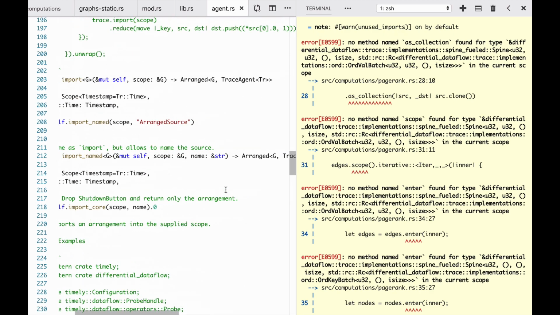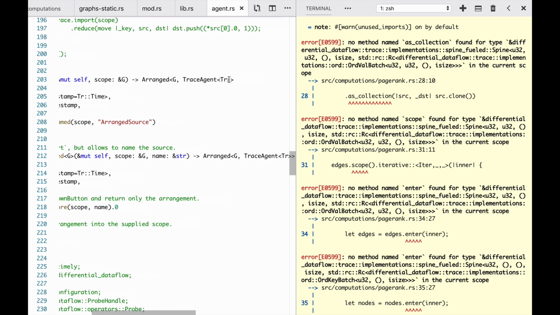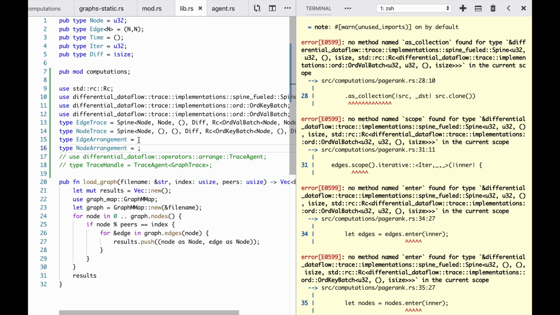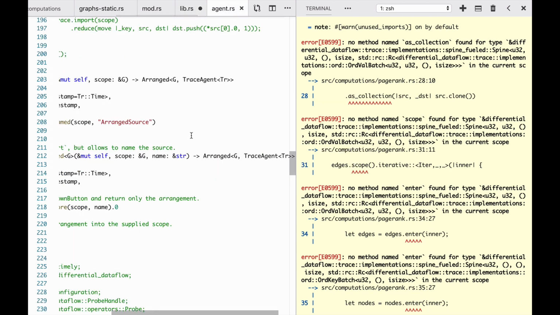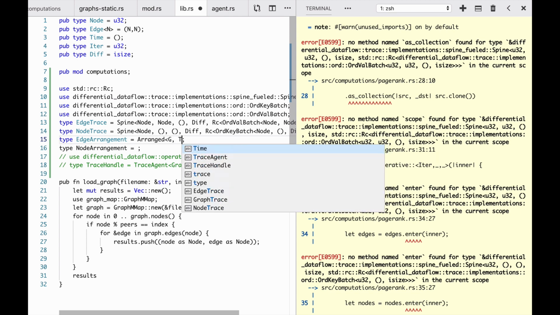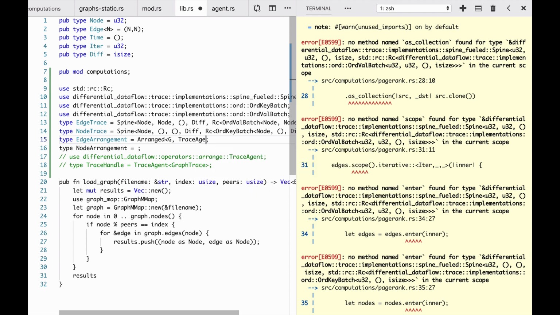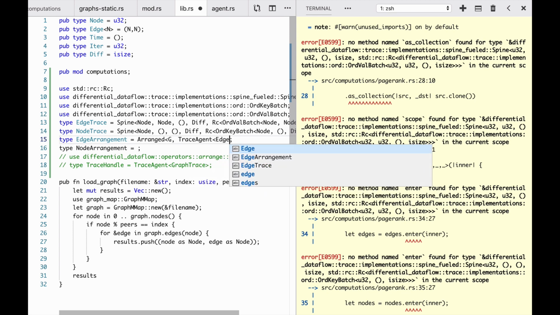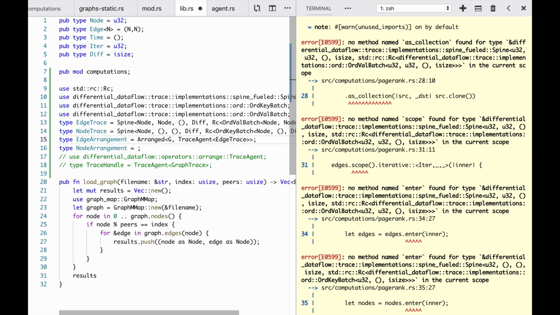Trace agent has a lot of methods. Import returns an arranged of G, trace agent of the trace type. So that's good to know. What this means is that we will want to write a thing which is essentially, is it just arrange, is that right? I can never keep straight the arranged, okay. Arranged, G, trace agent, edge trace. And this will